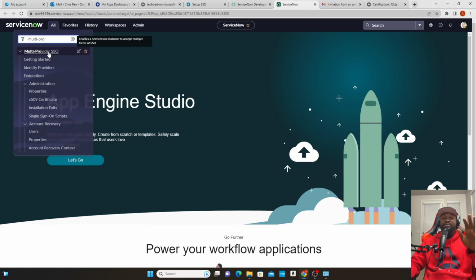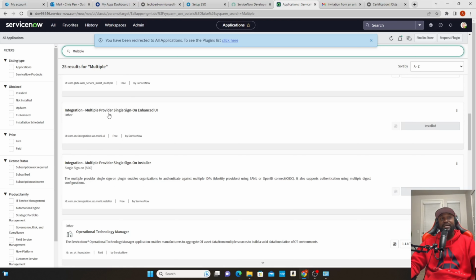So it's going to multiple. Perfect. So now when you scroll down a little bit, this is what you are supposed to look for. You look for integration multiple provider, right? So you have multiple provider single sign-on enhanced UI. So there are two. You also look for integration multiple provider single sign-on installer. So you are going to install this one, and at the same time install this before you can see the